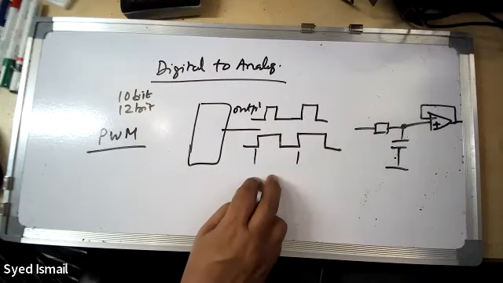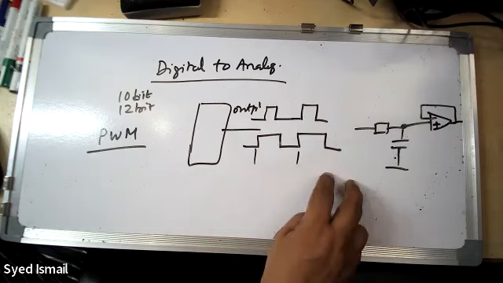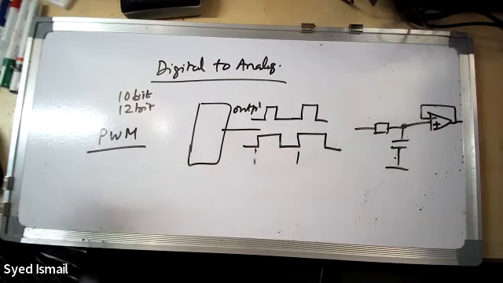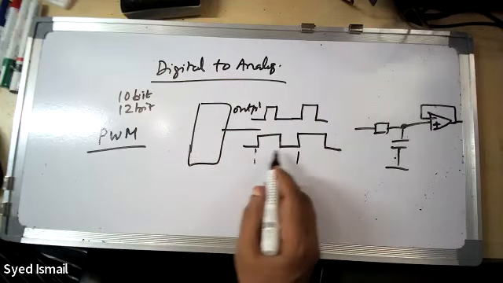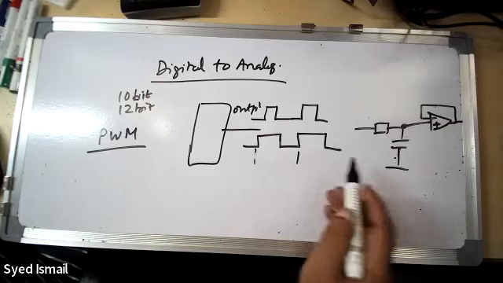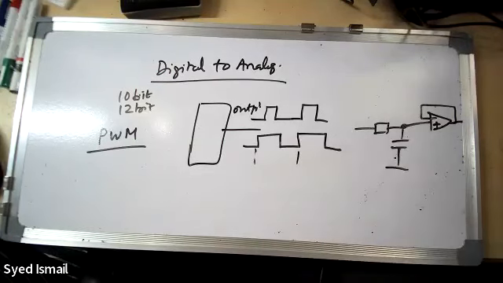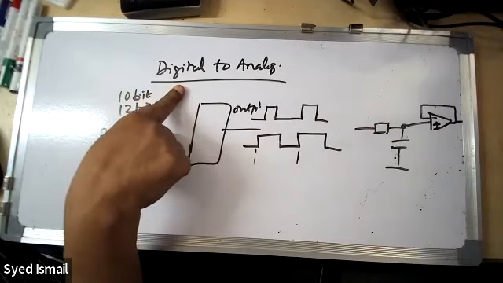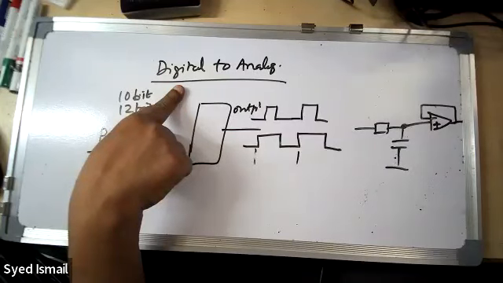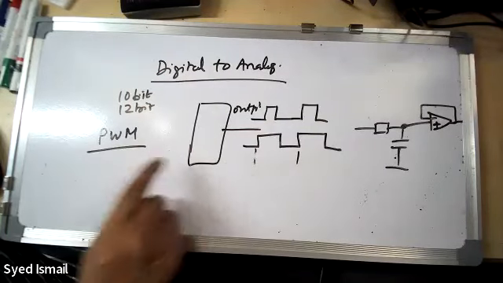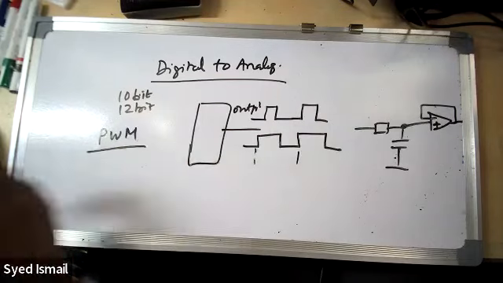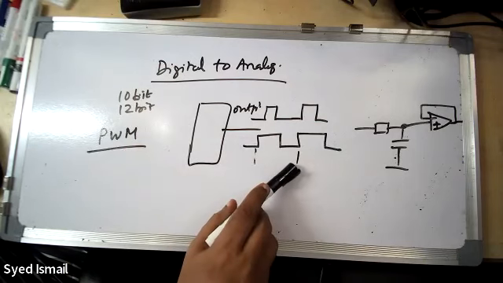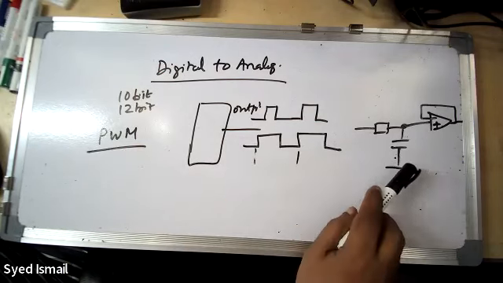The PWM is quite good and accurate, depending on how many bits you have, so how many variations you can have. These variations depend on your timers inside. If you have 32-bit variation, you can have a really huge variation of the analog voltages here. So I would suggest whenever you want to convert any signal from digital to analog, consider using a PWM directly from a serial port. They don't require any DAC. So you can have more accuracy than even 10 bits, easily implemented with just a resistor and capacitor.